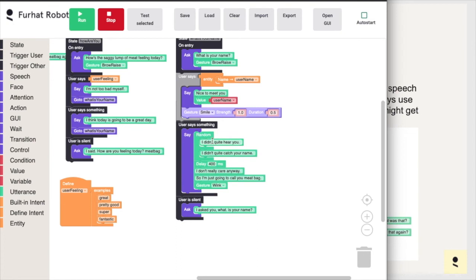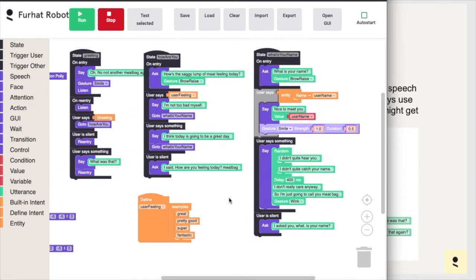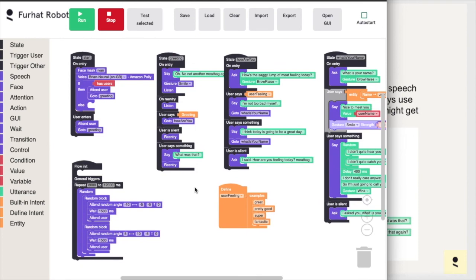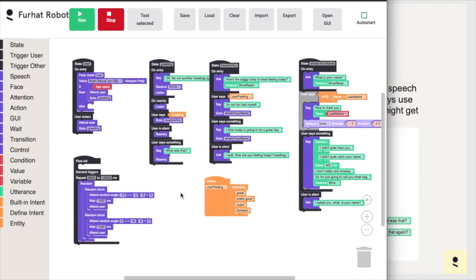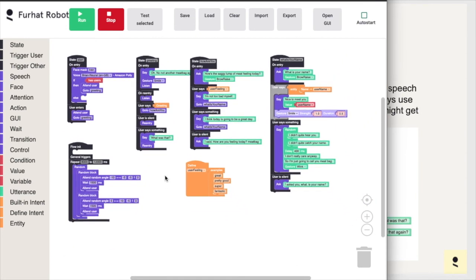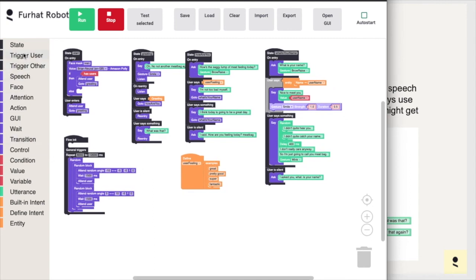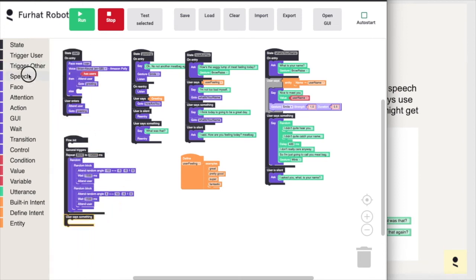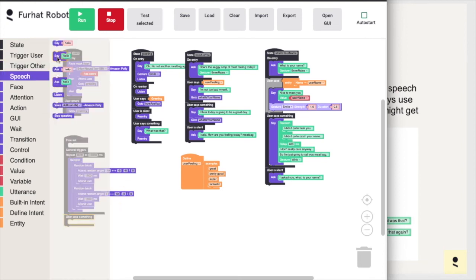So this will make the robot randomly say either "I didn't quite hear you" or "I didn't quite catch your name. I don't really care anyway, so I'm just going to call you my meatbag." And this is especially important for utterances that are repeated more than once in an interaction. For example, let's add some general error handling that we can have in the interaction. So when a user says something that we don't understand,